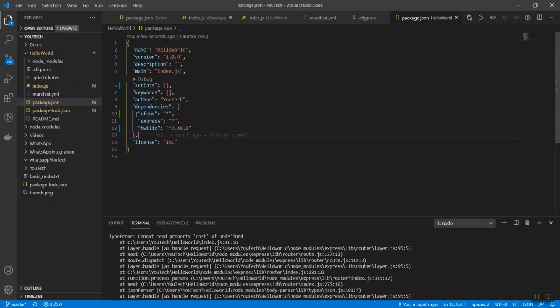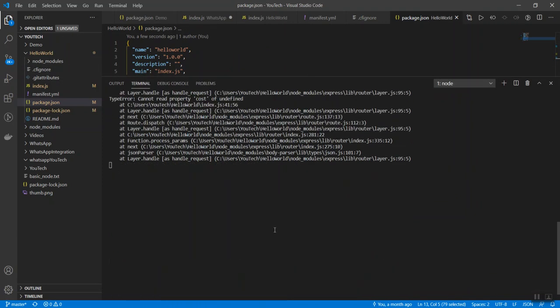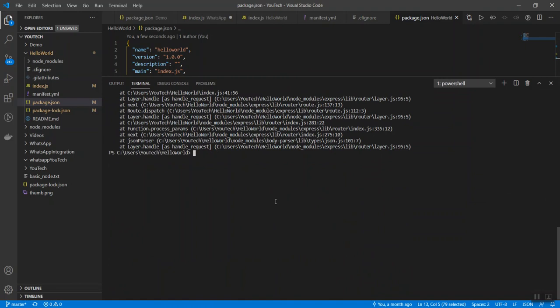So what are the modules I am using? cfenv, express and Twilio. That's it. If you mention everything, you can either use star, and it will ideally take the latest build pack from the CF side, right? So this is my application name, hello world, and we have the dependencies, so we don't require node_modules.